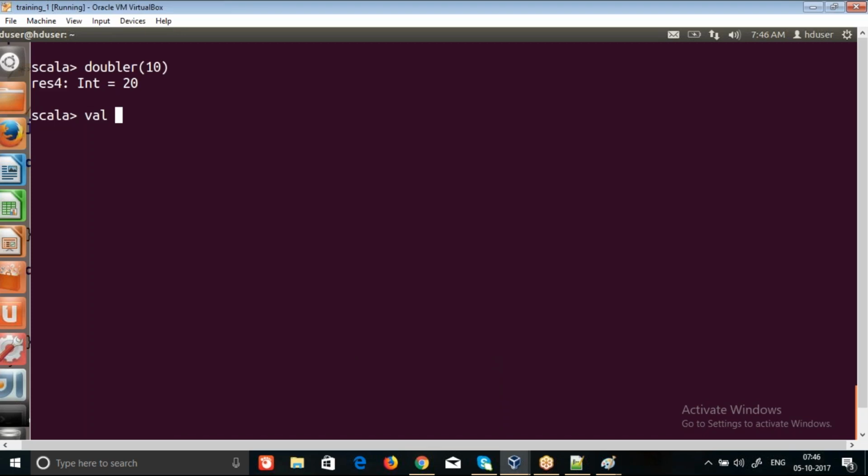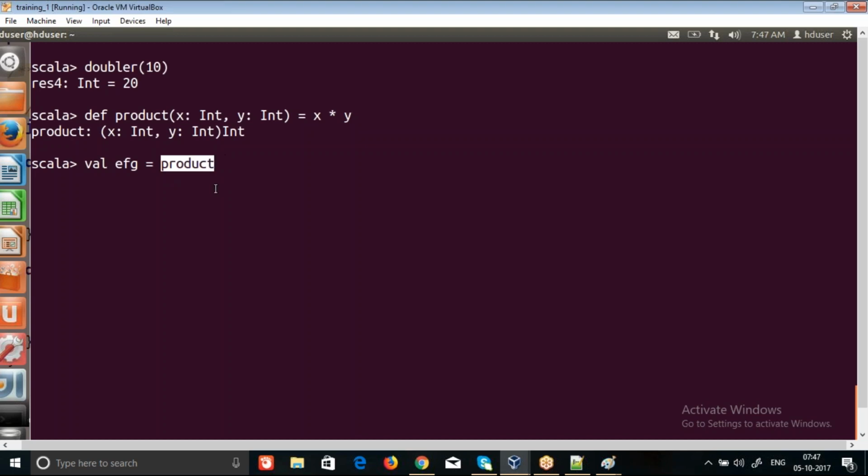Now I will also define product here, which takes x int, y is also int, and I will just say x star y. Now if I say val efg, and I don't specify the data type and I just say product, now what the compiler will think is,